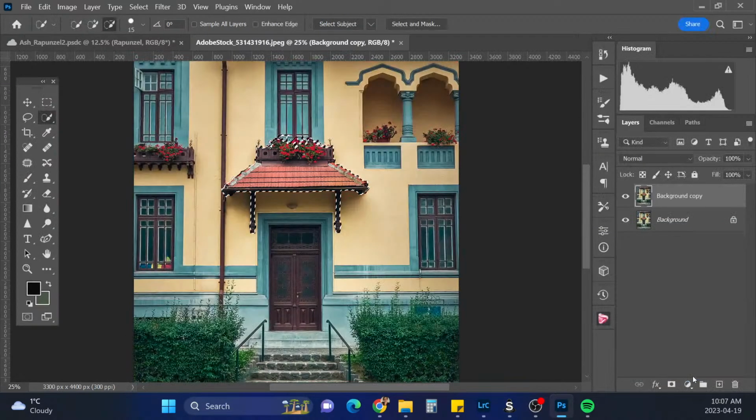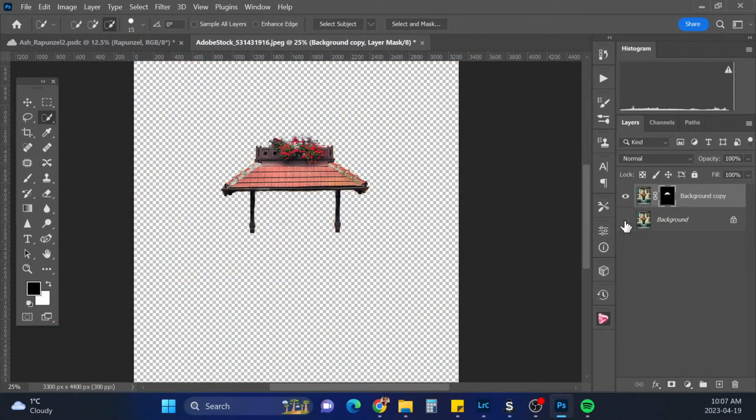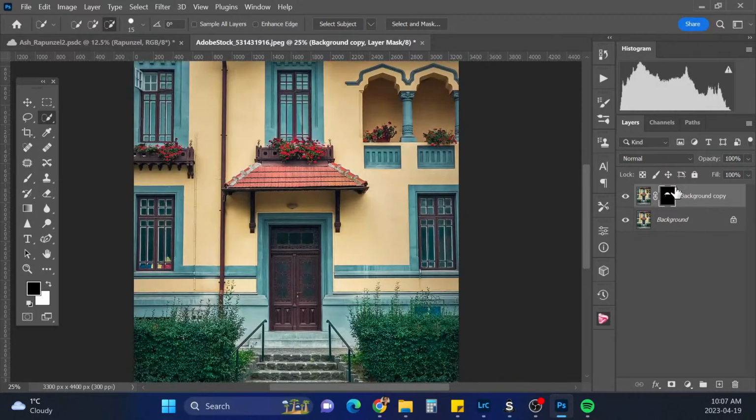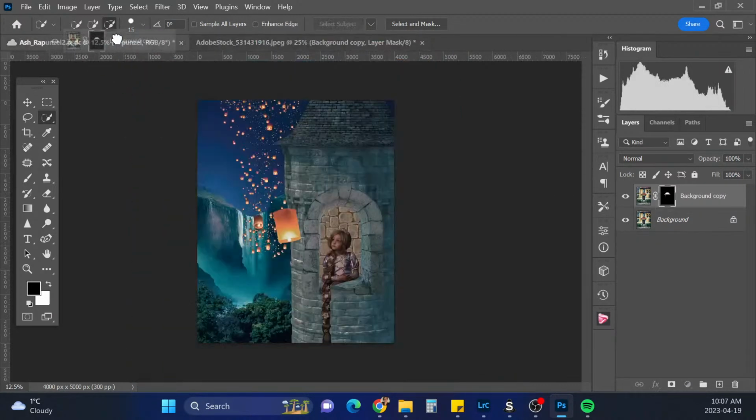We'll hit OK. And I'm just going to take some of this out. All right. So again, we're just gonna mask that. Okay, that looks all right. And grab it and bring it over.